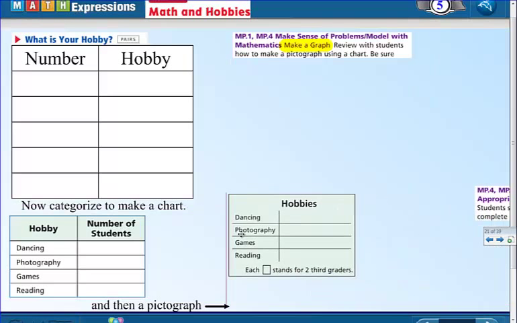So here's our activity. When we go through with the students, we can find out that the favorite hobby is dance. And we know that there are several people that like to dance or tumble, and we can say Kennedy and Annie and Anaya and Kalia all like to do dance. And so we would actually